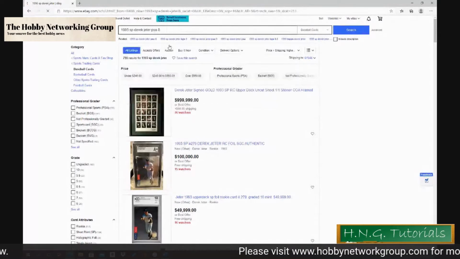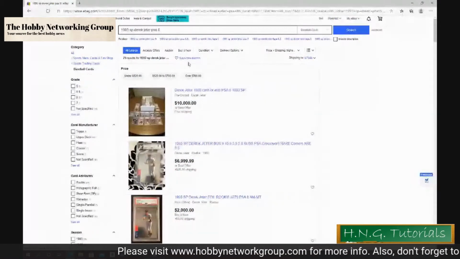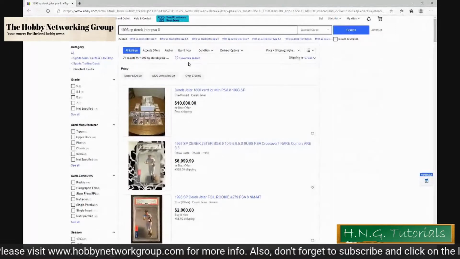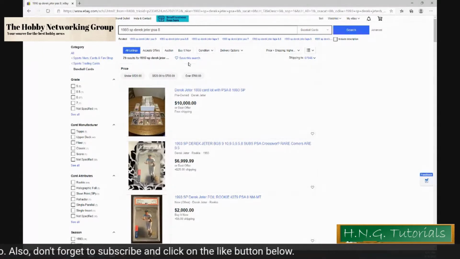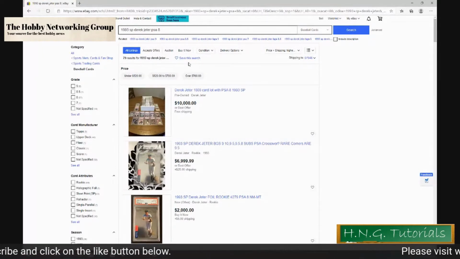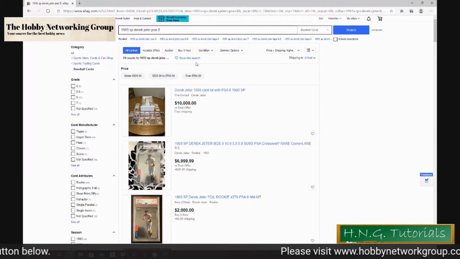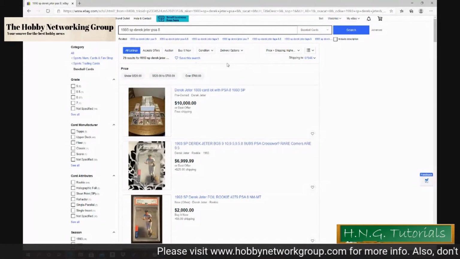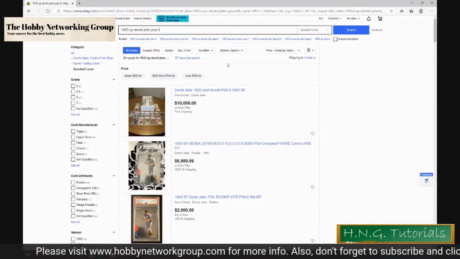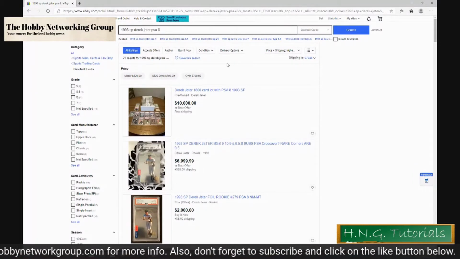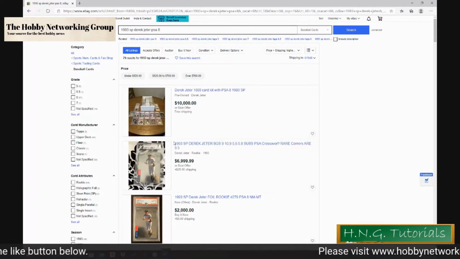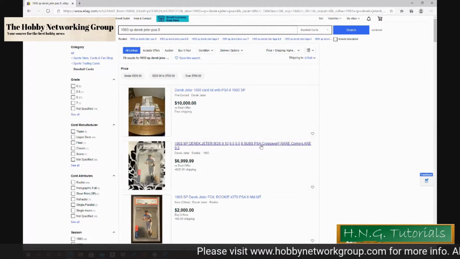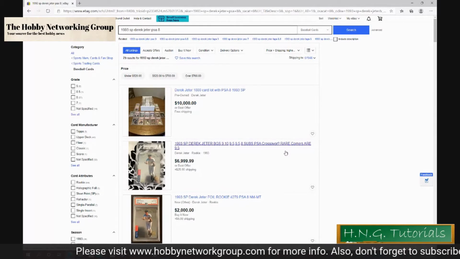So here we go. We click on that, and now your search criteria comes up with 79 results. You notice before we had quite a few more. Now think about this. For instance, you have 79 versus when I used the filters before, I believe it was somewhere in the, I think it was 58 that came up before. So you're limiting yourself from 21 other opportunities. And granted, they may not be specific to what you want. It might be like this massive card lot you see on the screen, or a BGS card that, the title,